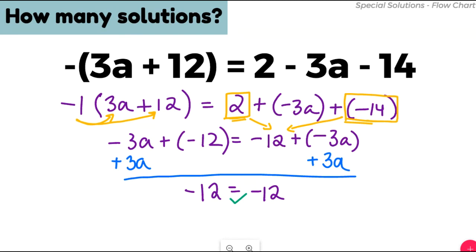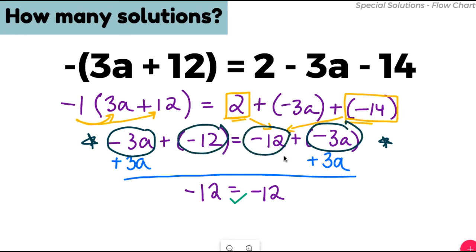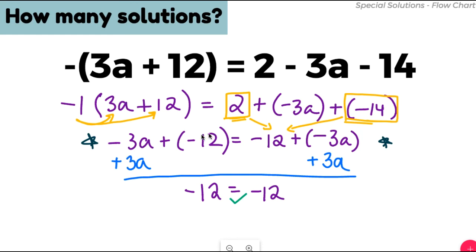Now, if you didn't eliminate a variable, you're still going to get the same thing on both sides. If you look at this step right here, I have a negative 3a, a negative 3a, a negative 12, a negative 12. My left side equals the right side exactly. They're identical. If your left side is identical to your right side,